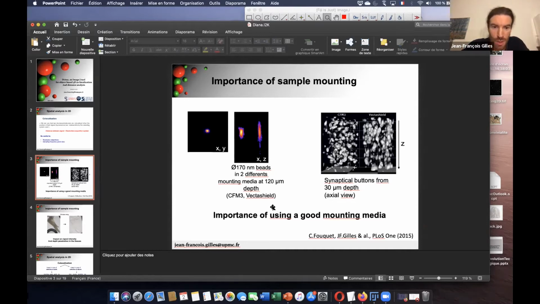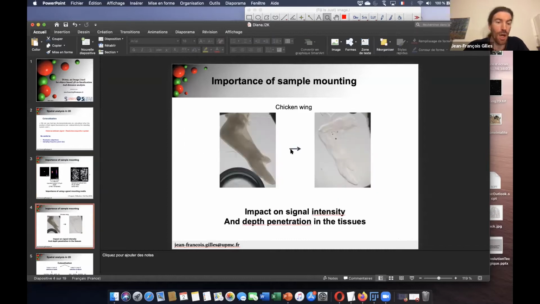That's why we have less deformation. And deformation may occur and bias your acquisition and analysis.